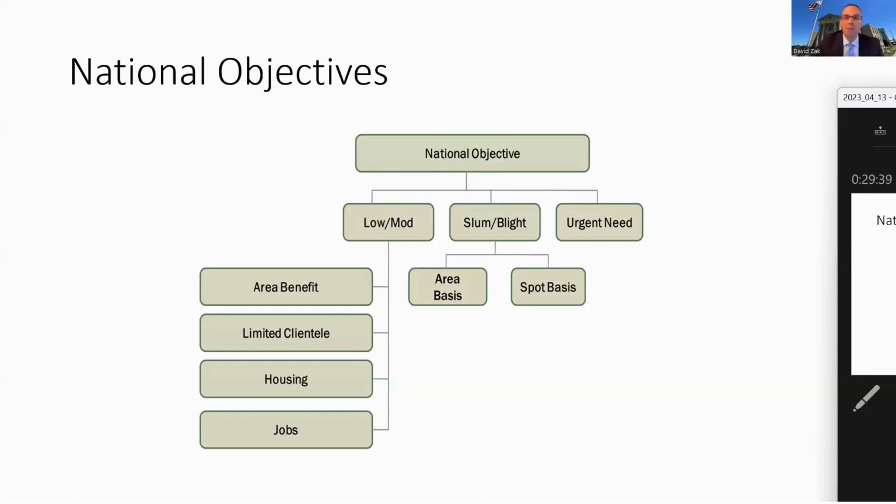Housing and jobs. I am not talking tonight about community development block grant housing projects or housing money programs that will fund housing. The state has them in separate pots of money. For example, they have a program called CHIP, which is the Community Housing Improvement Program. They also do low-income housing tax credits through what's called the Ohio Housing Finance Agency. We're not talking about that tonight. We're also not talking about their economic development programs where they can put money towards loans to companies to buy equipment, or grants towards infrastructure that a company might need, like a bigger road to their plant. We're not talking about those tonight, but they're on this list because if you're doing housing,